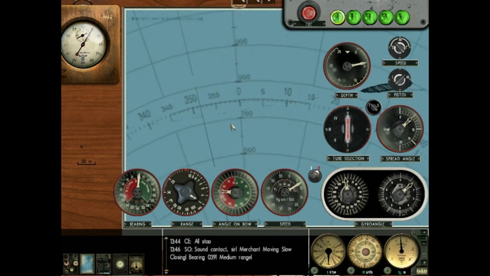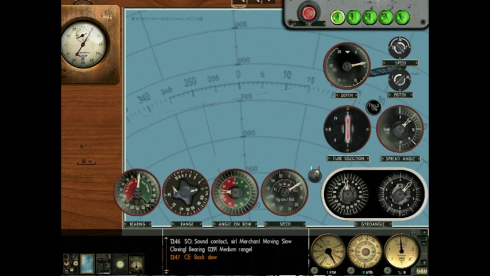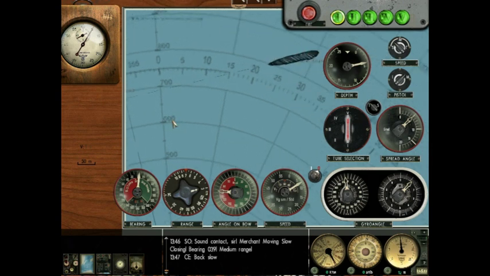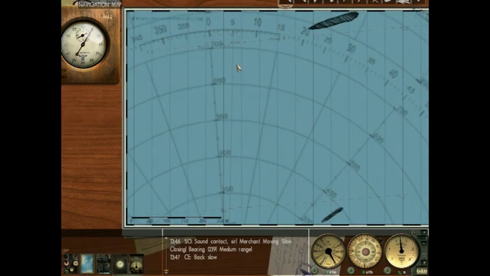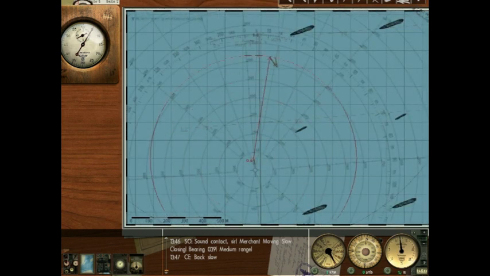And I know he's going to be on about the 700 mark, so readjust. I think he's changing course slightly. So what I'm going to do is I'm actually going to work out the angle of bow from the actual ship itself. Right, let's